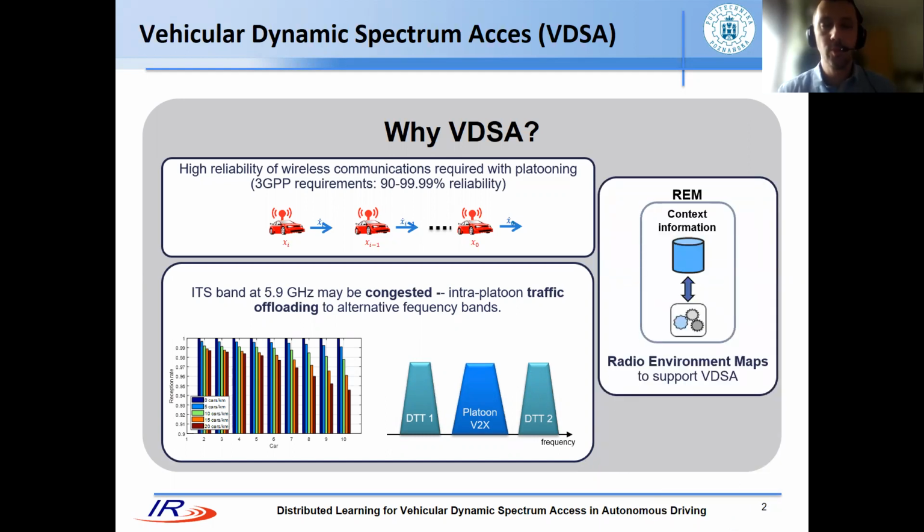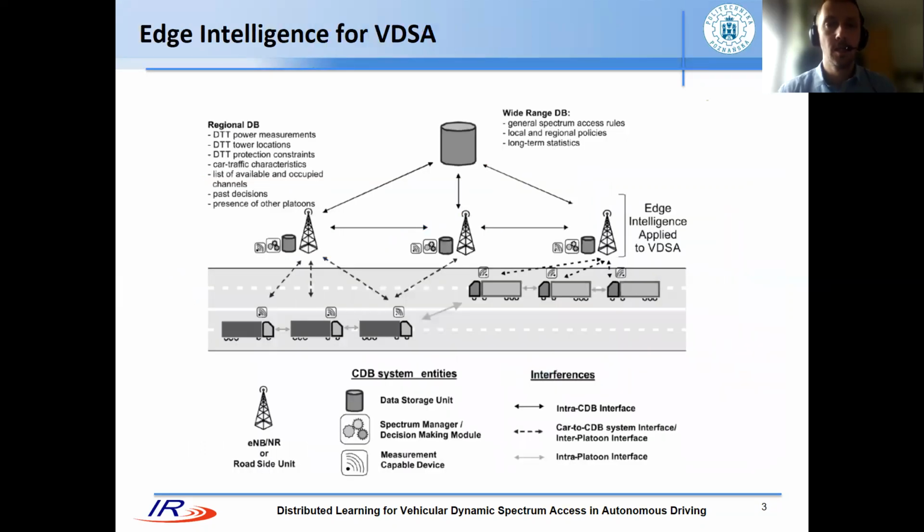And in order to do that, we consider the use of so-called radio environment maps, which are dedicated systems comprising, for example, also some databases and some edge intelligence that provide context information, helping with selection of the proper frequency bands. So basically, the edge intelligence we consider might comprise different levels of databases, like wide range databases, regional databases, local databases, and so on, providing different types of information with different frequency, and also some edge intelligence located with the roadside infrastructure, as well as some spectrum managers that would perform the vehicular dynamic spectrum access